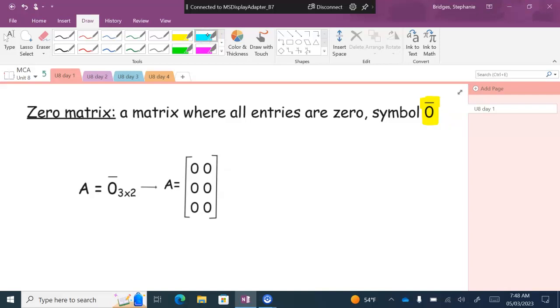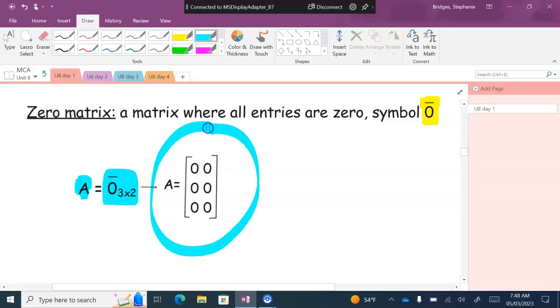And what this is telling me, matrix A, right here, the letter A, tells me the name of it. And then this bit of information right here that I'm highlighting, the zero with the bar over it and the subscript of 3 by 2, says that I want a matrix with 3 rows, 2 columns, and all of my entries are 0. And so that's what this is right here. That's what it would look like. You would have 3 rows of zeros